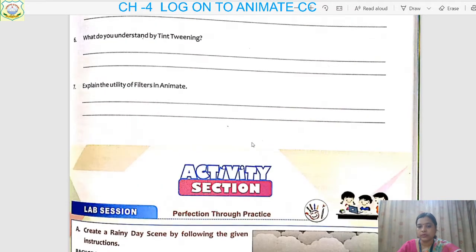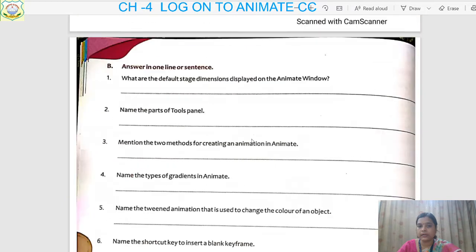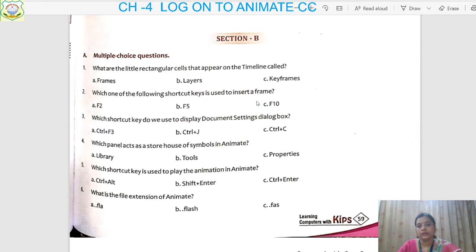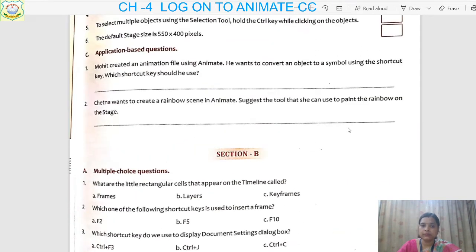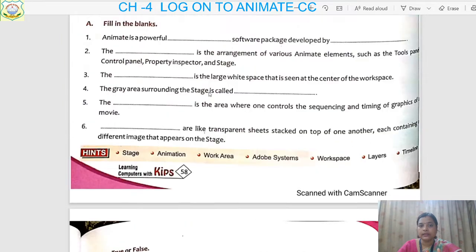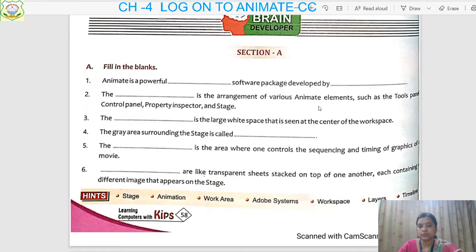From whatever the question part is there, you can write it in your computer notebook from this page. But if you have written it already, leave it, no need to create tension. But if you have not written it, then write down fill in the blanks, true false and MCQ in your book only. It will save your time and focus on the practical part.